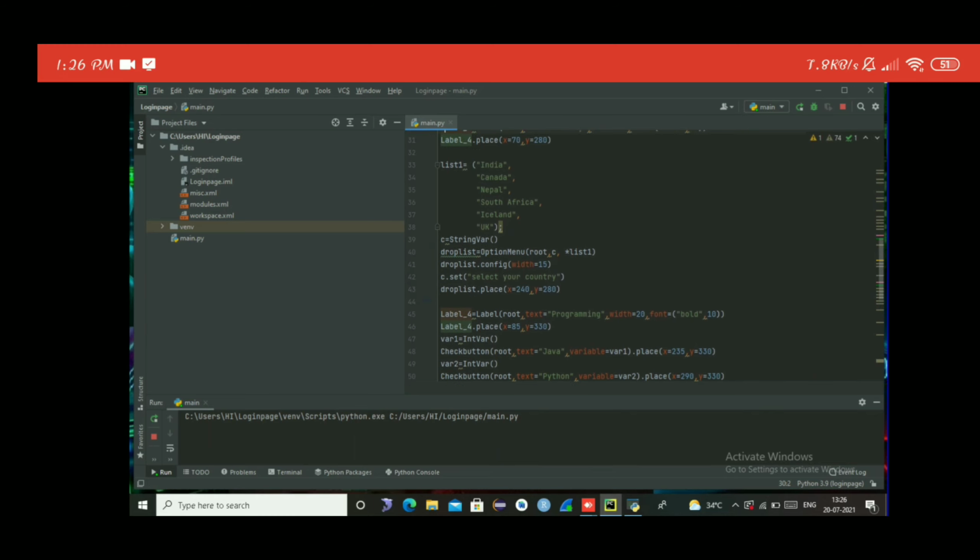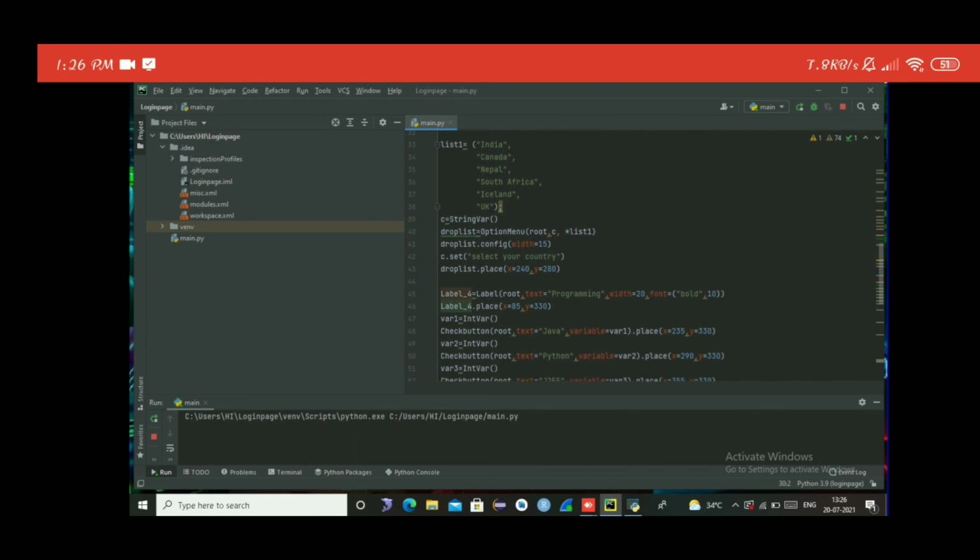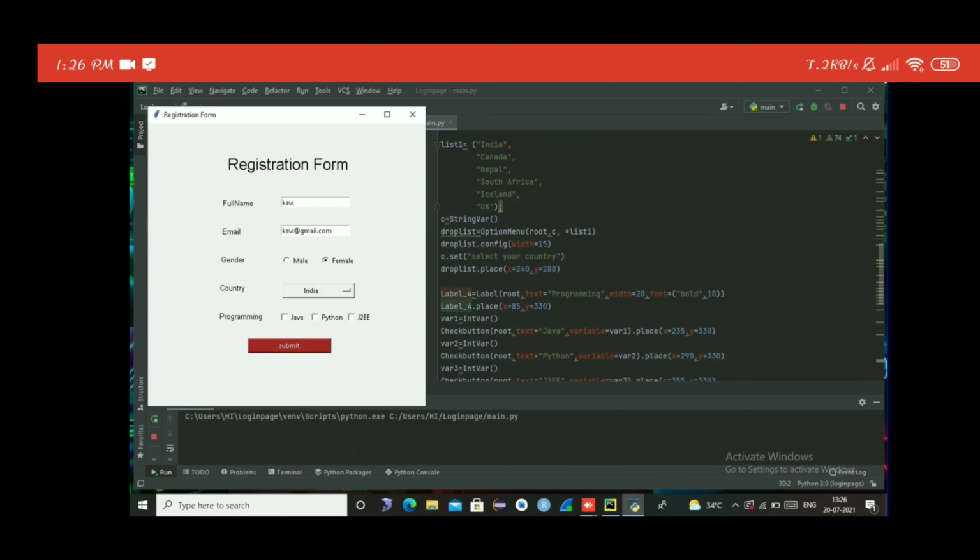This is I am creating one list. In that list I am containing the list of countries. After that I am storing the string variables. You can see the drop list OptionMenu, and then drop list configure. Finally you can set the Select your country.